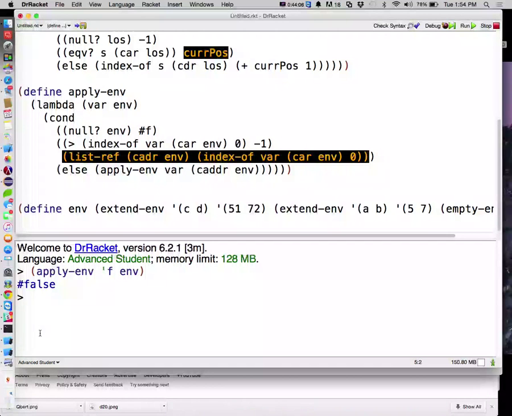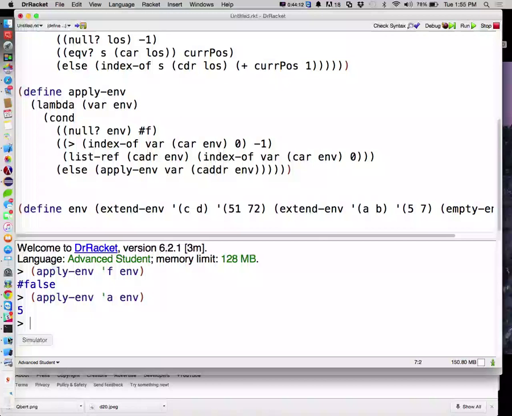and it should give me a false. Didn't find an F. And I should still be able to look for my other guys, 5 and those guys. All right, that makes some sense? How that guy worked? So the difficulty in this one, so we're going to say apply-env